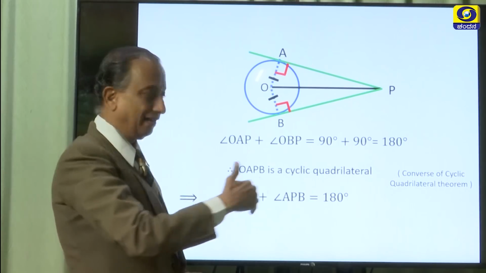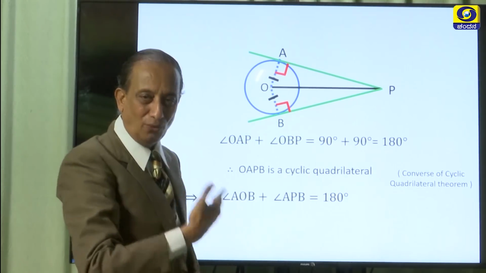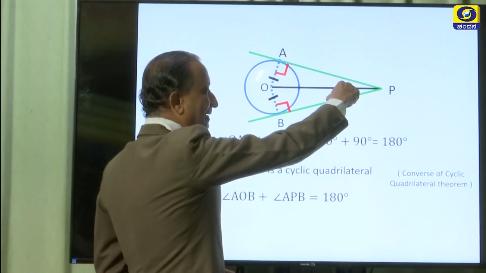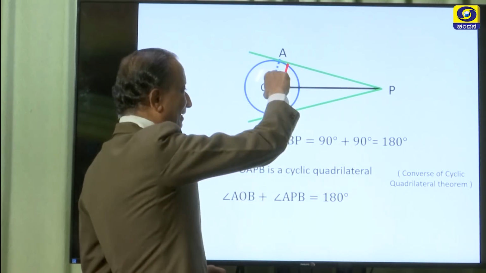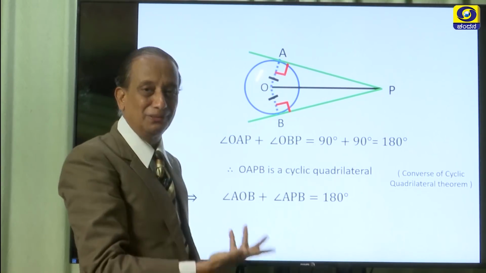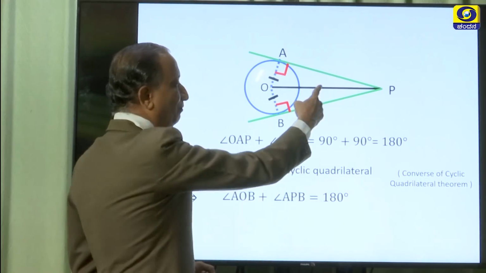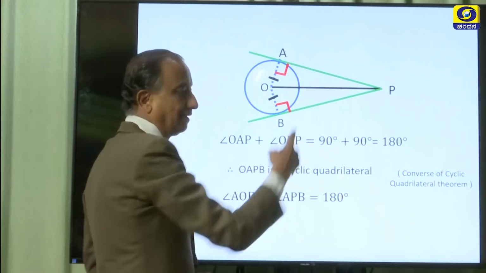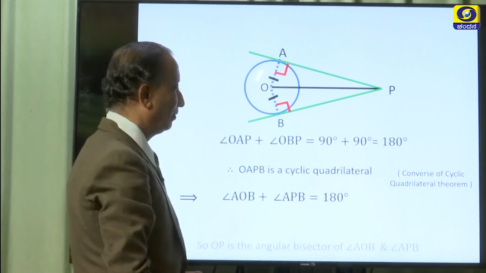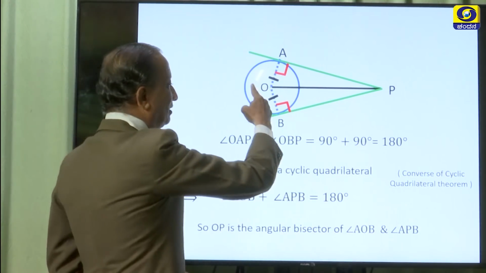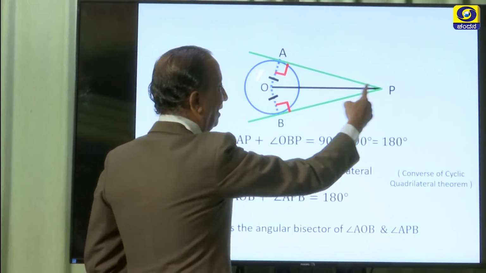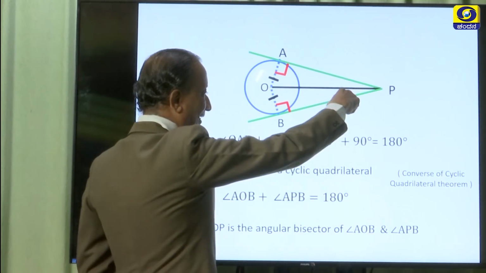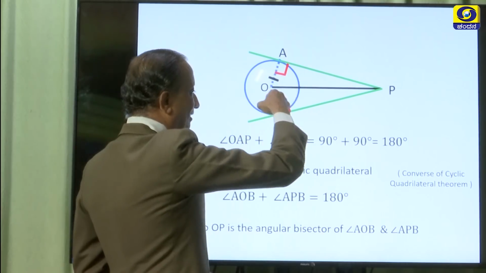Which is 120. 180 minus 60 is 120. If this angle is 90 degrees, then definitely this will also be 90 degrees. So that we could say because we understood that this is a cyclic quadrilateral. Okay. Now, we can also say at the last point, this line OP is bisecting this angle as well as